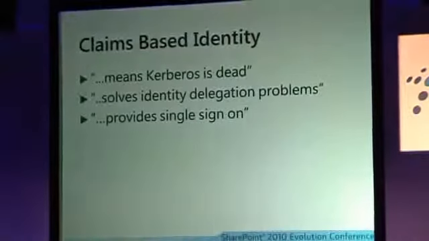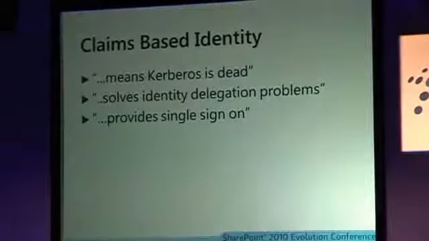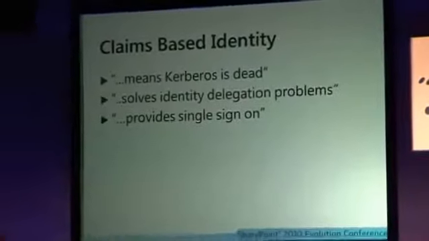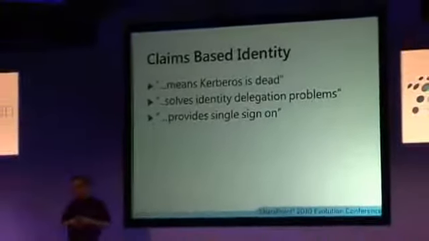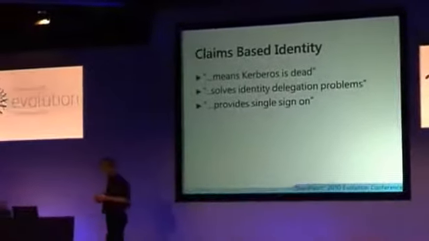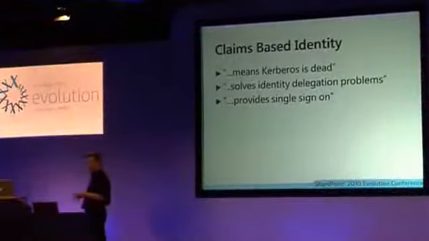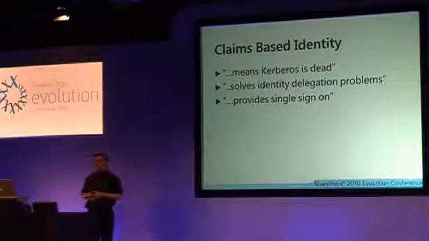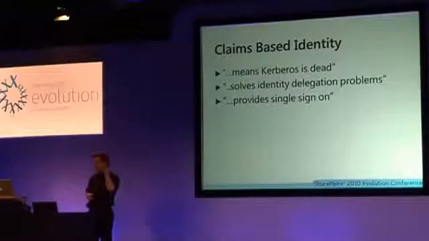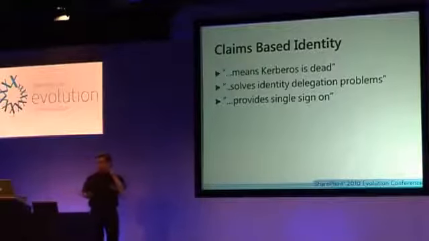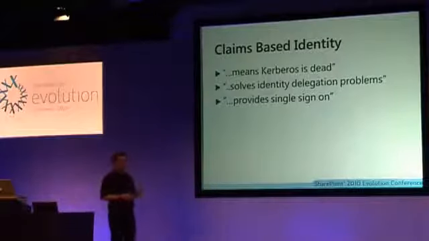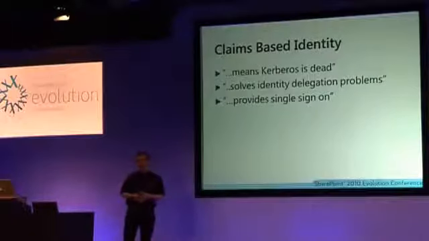So we still need Kerberos in many scenarios, and Kerberos is still the most appropriate choice for doing authentication. If you were in my claims session, I said basically that claims is about authorization. There's some other subsystem doing the authentication first. You can do claims with Kerberos, right? There's still valid security and performance reasons why you would use Kerberos.